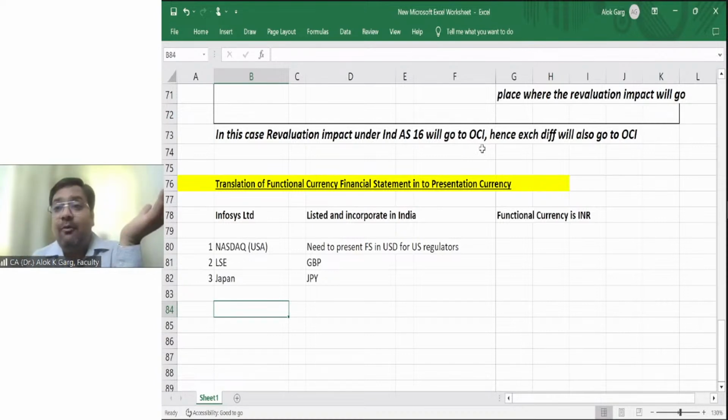It is a notional amount. In case of a foreign currency transaction, it was not notional. Because if the debtor is outstanding, the creditor is outstanding, or the loan is outstanding, you have to settle it. And if the dollar becomes stronger, you have to incur an extra amount of INR, extra cash, right? And hence, friends, the standard says that in case of foreign currency transaction,